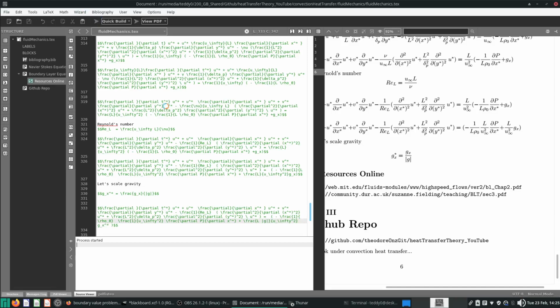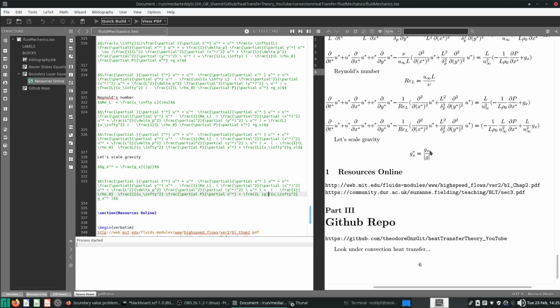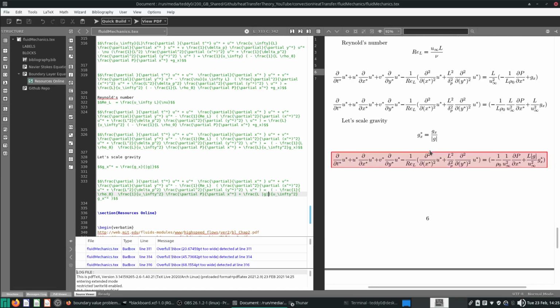This is the magnitude of the body force. However you angle the components, gx star is going to be on the order of magnitude of 1,